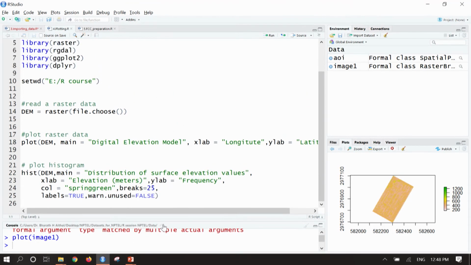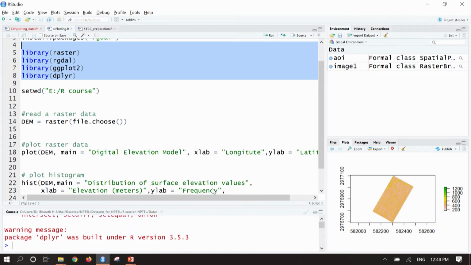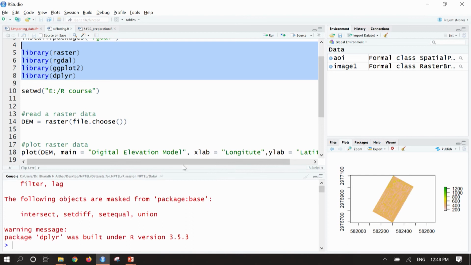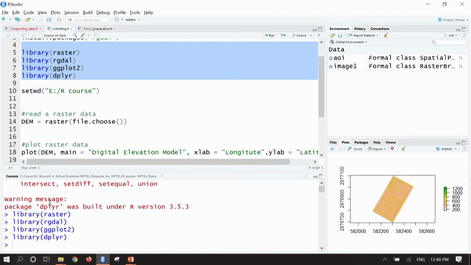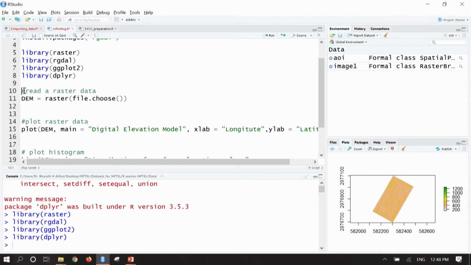So how to do that? To do that we need to have libraries called ggplot and dplyr. Let us call these libraries at once. Select all these libraries and run. Here in the console you can see all the libraries get loaded. I will run it again. All the libraries have run. The setting of the working directory is already done, from the previous page, so it will open the same page.